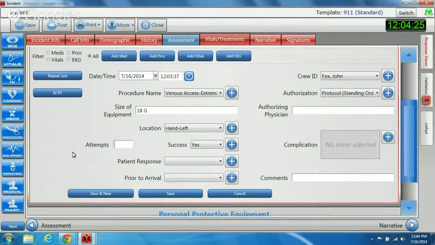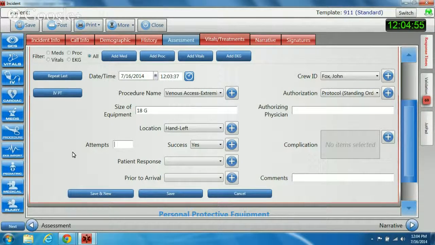skin. For invasive airways or semi-invasive airways, king airway attempt, if we pass the king through the lips, past the teeth, that is considered an attempt, and that would either be successful or unsuccessful. Same thing for intubation. If we do laryngoscopy to take a peek, but we have not passed the tube, we're not going to count that as an attempt. We'll just document that in the narrative. Once the tip of the tube goes past the teeth and lips, that counts as an attempt, and we're either